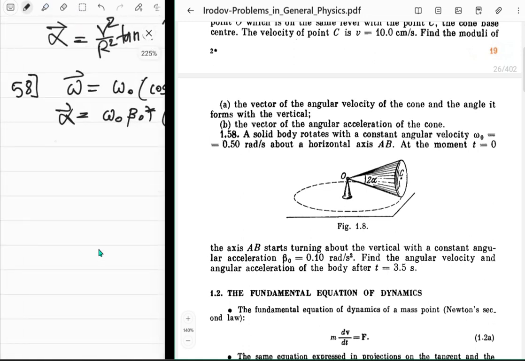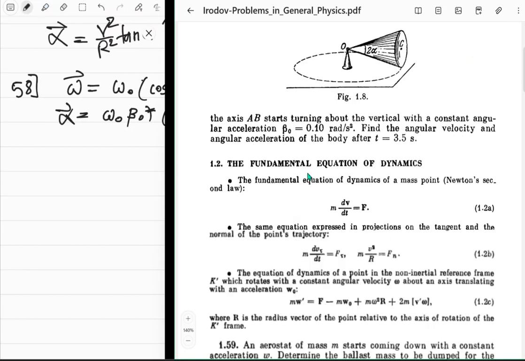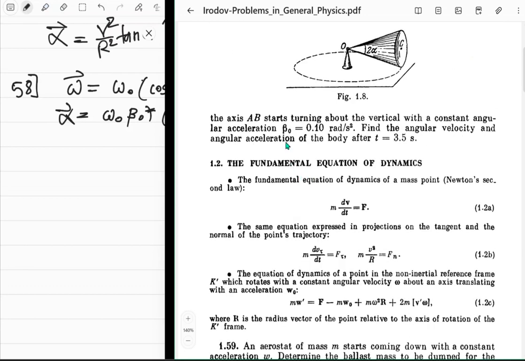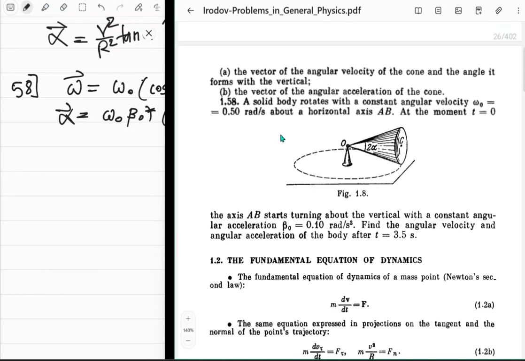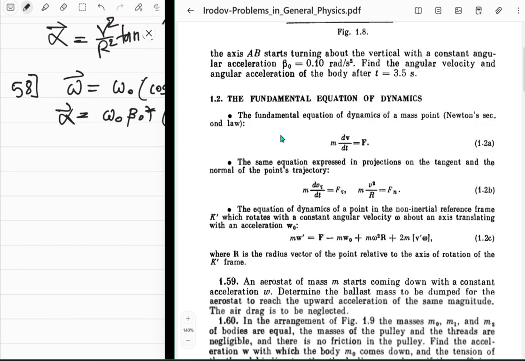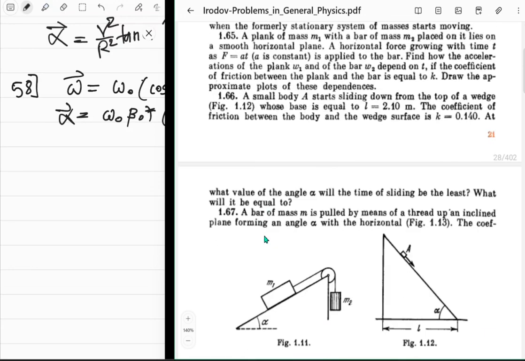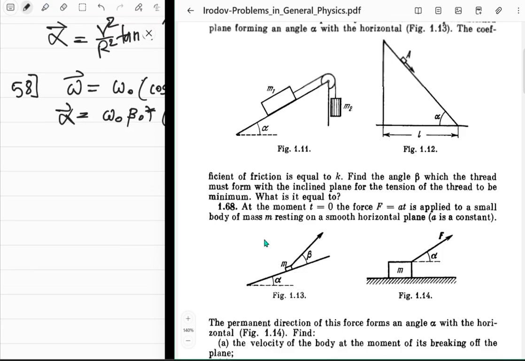59. Oh, there's no 59. 58 was the last one, I think. Fine. And then there's this calculation. So at t equal to 3.5, what should be the thing? Not going to do it. This is it. Then there's rigid body dynamics. Okay, so I'll do that